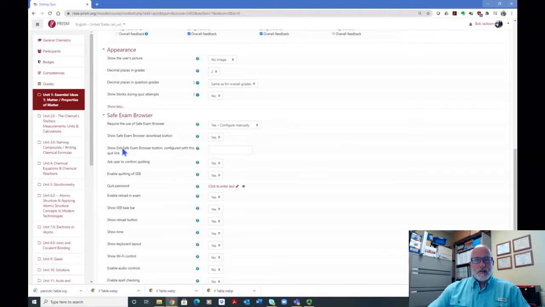This, and I don't know that many people use this. This is where if you show exit, you can show a button for exiting the Safe Exam Browser, and the assumption is they're done with the quiz. I don't know, most are using this. Okay,